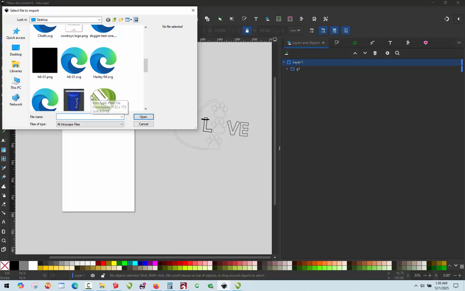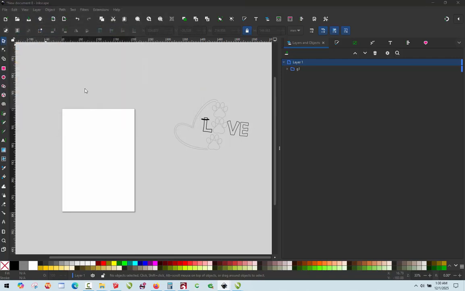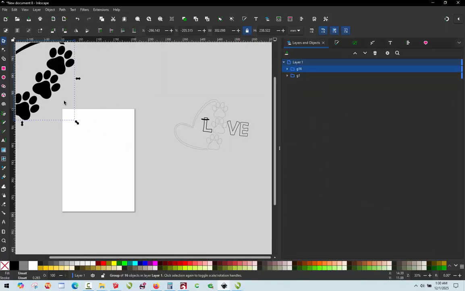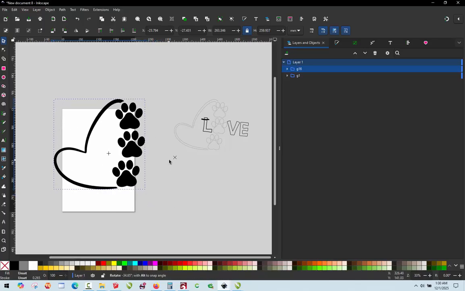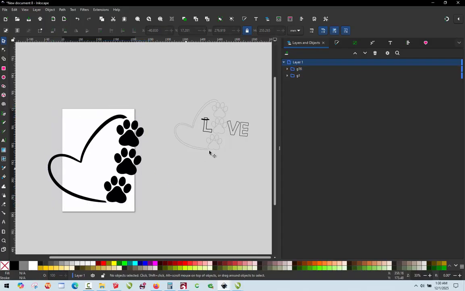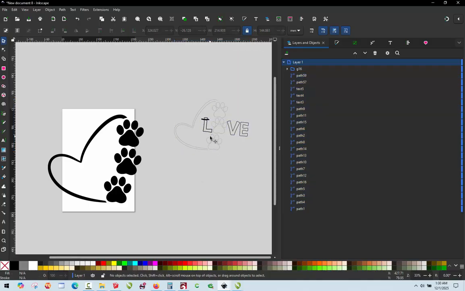So this is, let's find it here. This file that she started with happens to be SVG, so we're just going to import that and accept the defaults there. So you can see there, and all she did was just rotate it just a little bit. Now she wanted to add the LVE, so I'm going to right click and ungroup that, and we're just going to peel off. I'm not sure what font this was, so we're just going to peel that off,